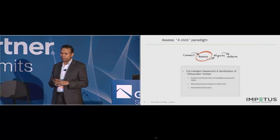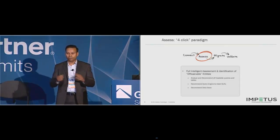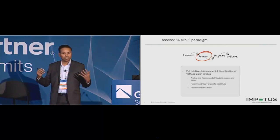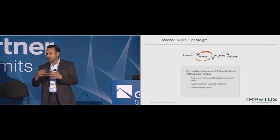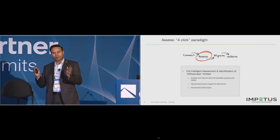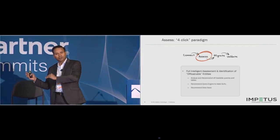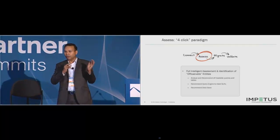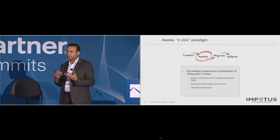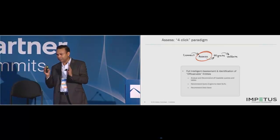What assess does is a full intelligent assessment and identification of loadable entities. What this means is that we have the capability, I was talking about all these best practices, around how you know where to store your data, what is the best form to transform the data model from an RDBMS engine, and how you would store it in Hive. How to structure the tables, how the queries would be broken up, how I would support the insert into